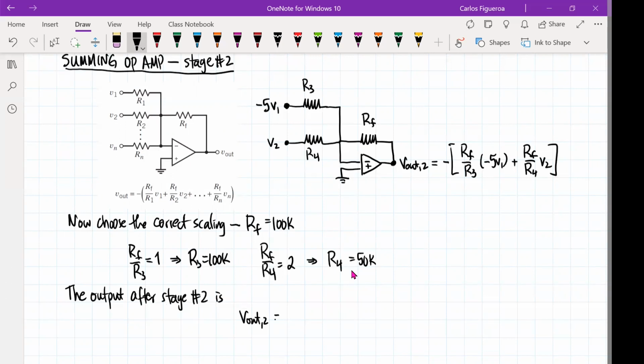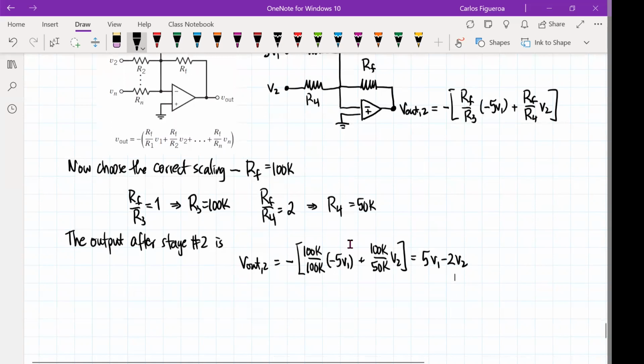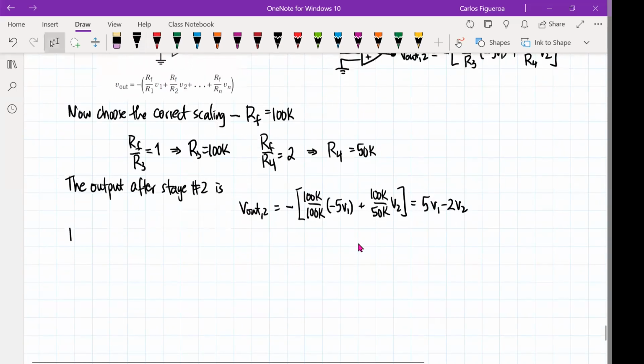Then I'm going to get minus, I'm going to have 100K over 100K times minus 5V1 plus 100K over 50K V2, and you can see that this is going to give me 5V1 minus 2V2. So in summary,